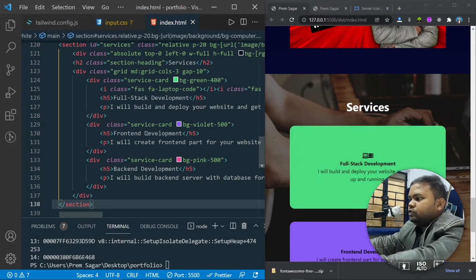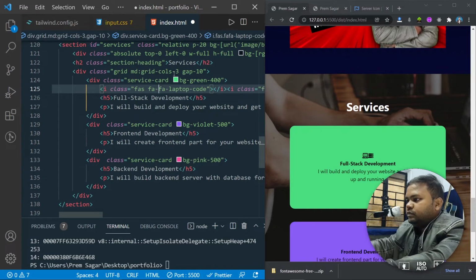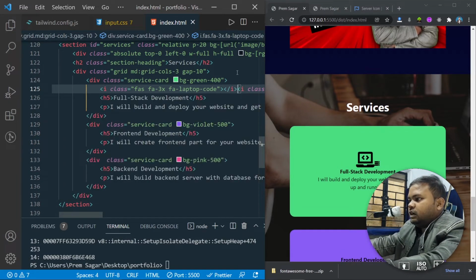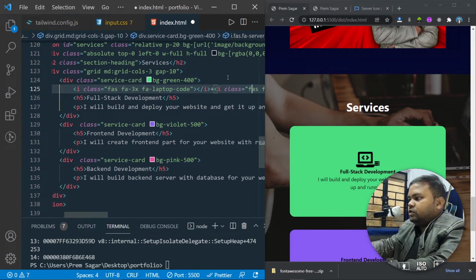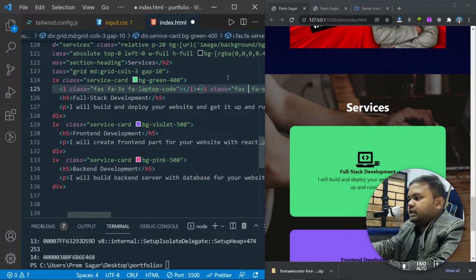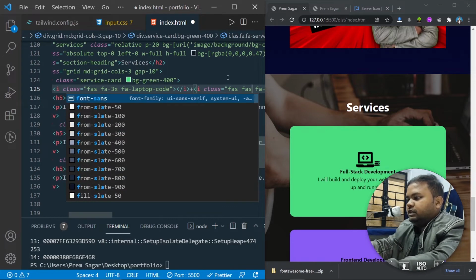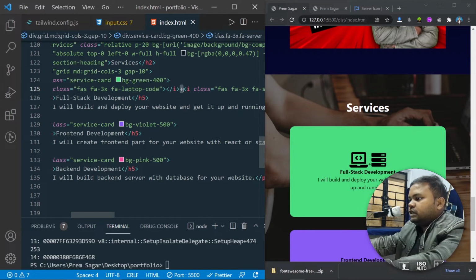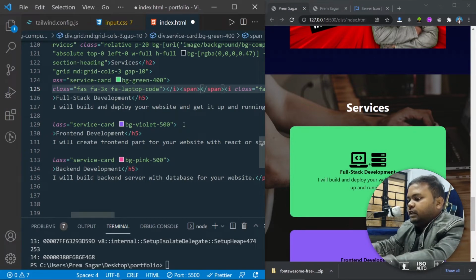This icon is too small, so how can we increase the size? I'll say fa-3x. Now let's save. This icon size has increased. After the first icon, I'm gonna put a plus sign, and I will also increase the size of the second icon. So I'll say fa-3x. This plus sign is just not visible, so I'll create a span element and I'll put this plus